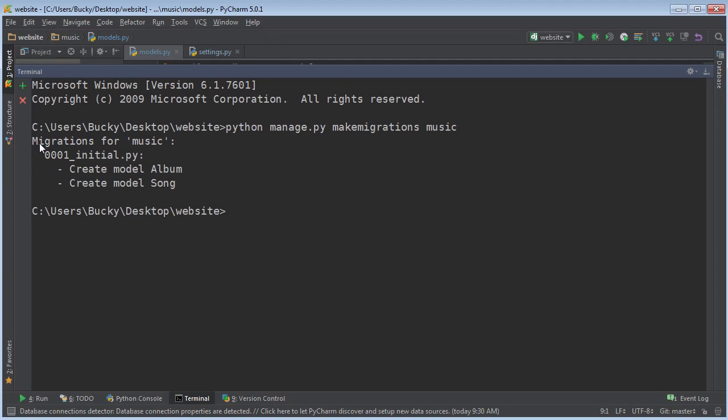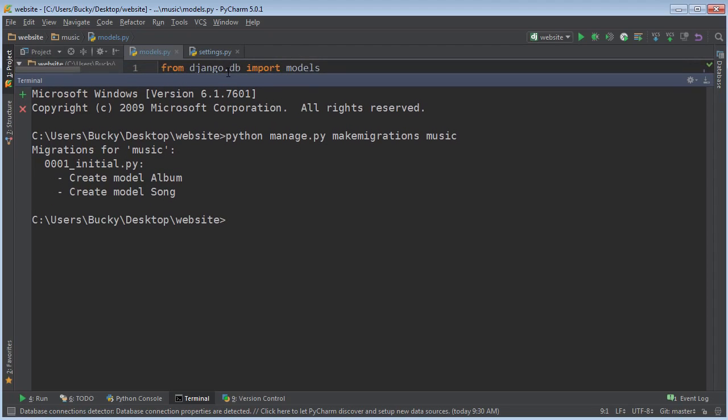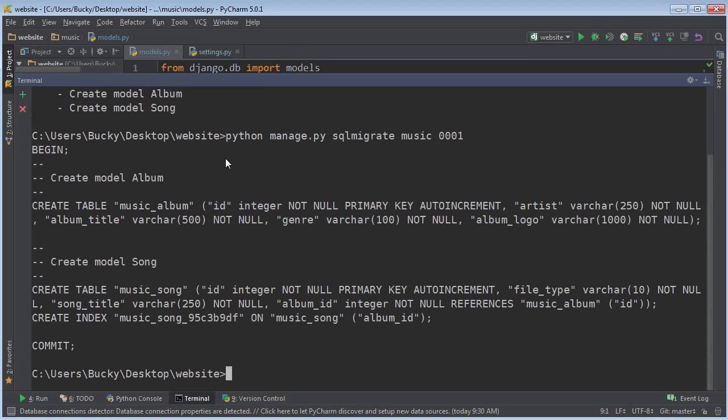It says, okay, I made these migrations. In other words, I made these changes right here. And if you guys don't know what a migration is, then you don't have to type this if you don't want, but I'm going to show you, and this probably is going to make everything click for you. So if I go manage.py sqlmigrate music 0001, because that's what this ID number is right here,